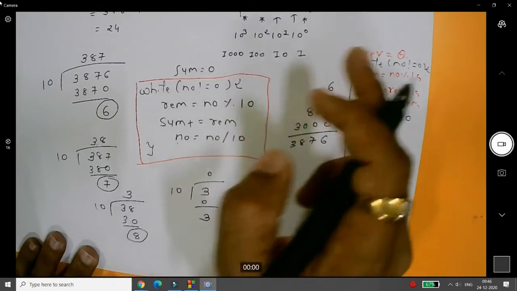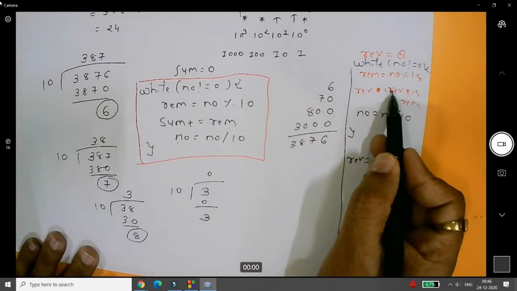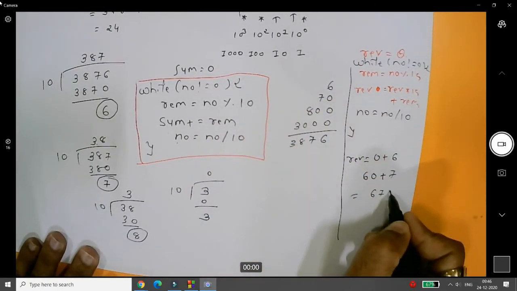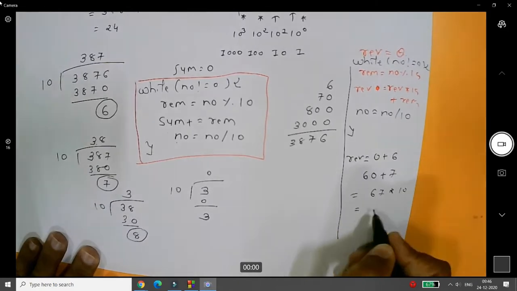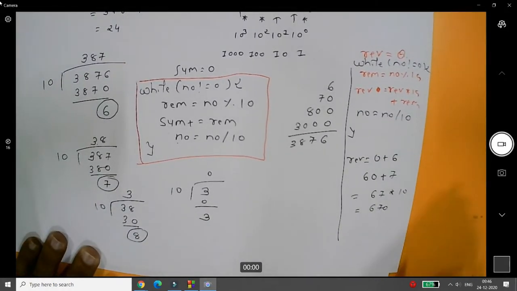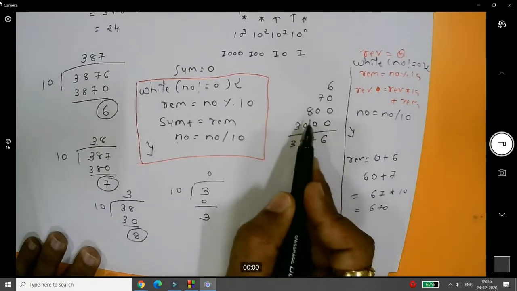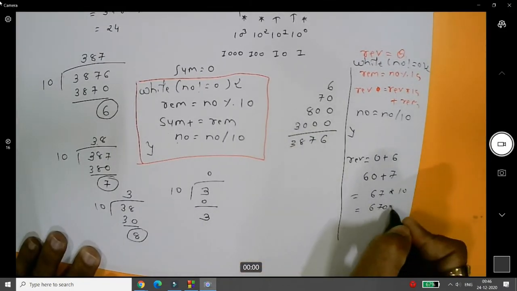Now again if you run this particular thing, then reverse equal to reverse multiply by 10. So 67 into 10 you will get 670. And 670 plus a remainder that is 8, so you will get